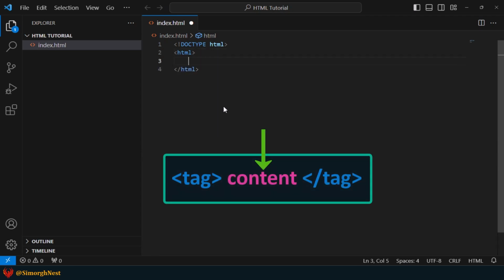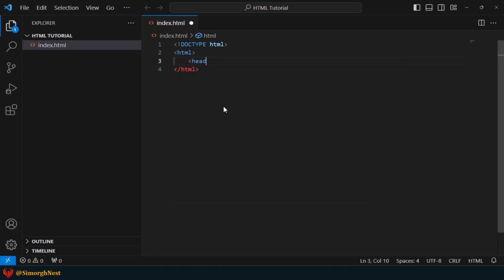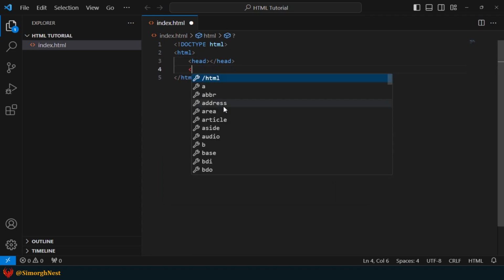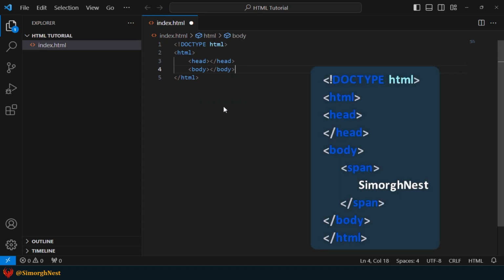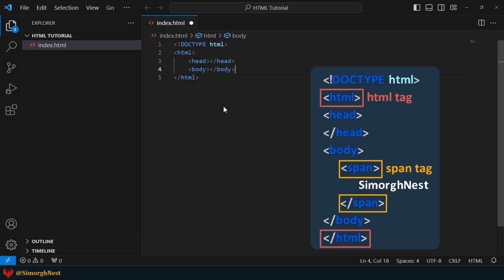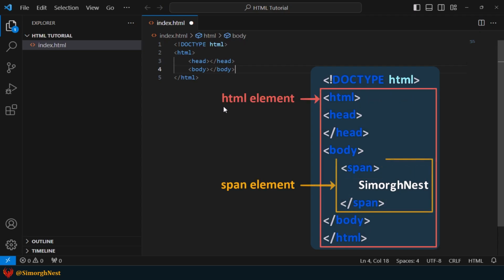In this case, the content is the head and body elements. Alright, it's worth noting that the difference between tag and element in HTML is that the opening and closing tags are the HTML tags, whereas the combination of the opening tag, closing tag and content forms the HTML element.